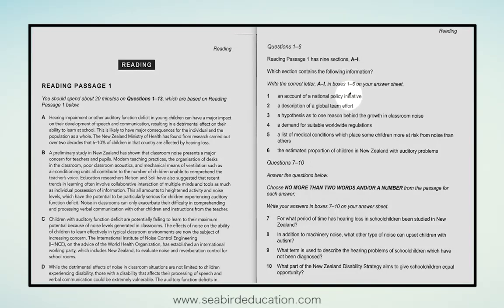Okay, this is the reading from IELTS book number 9. This is reading text number 2 of the 4 texts that you get. As I do with all these videos, I haven't seen this test before. We're just going to try and answer the questions within the 1 hour, so it's 8 minutes to 3, and so 8 minutes to 4 we should be able to have finished this test.